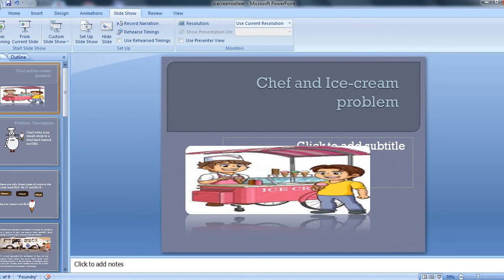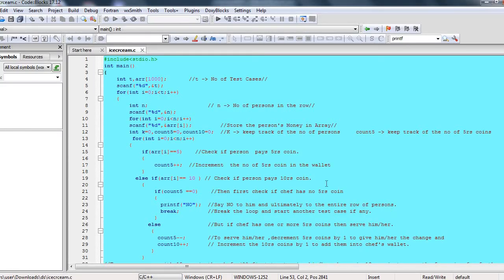After looking at the problem, let's talk about the program code. Here the program code has been written in C language. As we can see, we have defined the integer variable t to keep track of the number of test cases. Here we have defined the integer variable n to keep track of the number of persons in a row. Here we have input the values of the money corresponding to each and every person standing in the row to